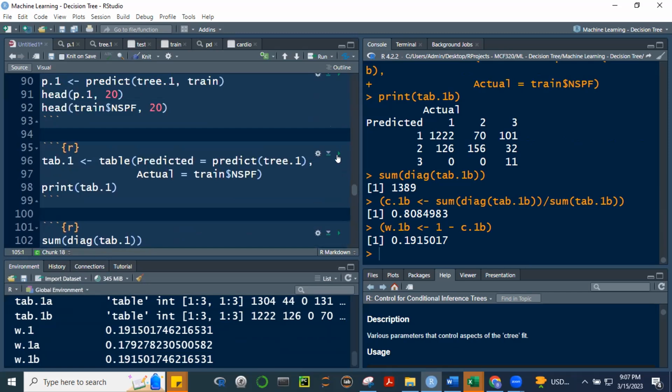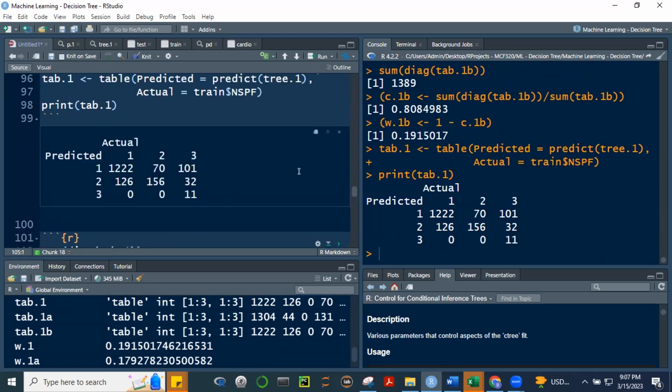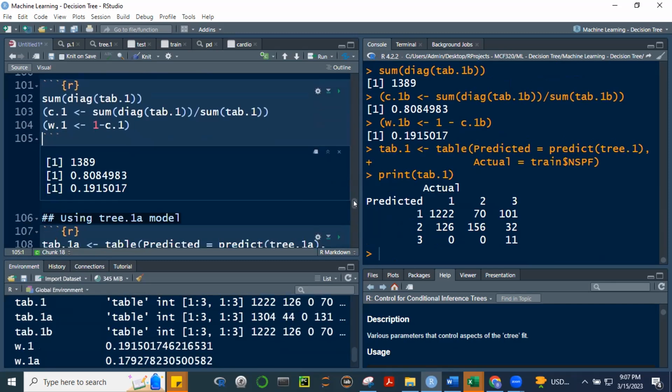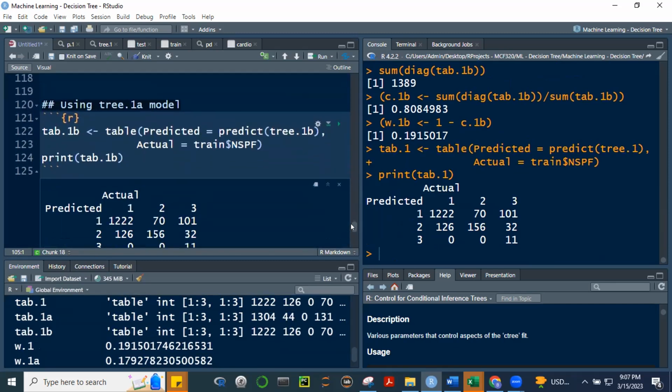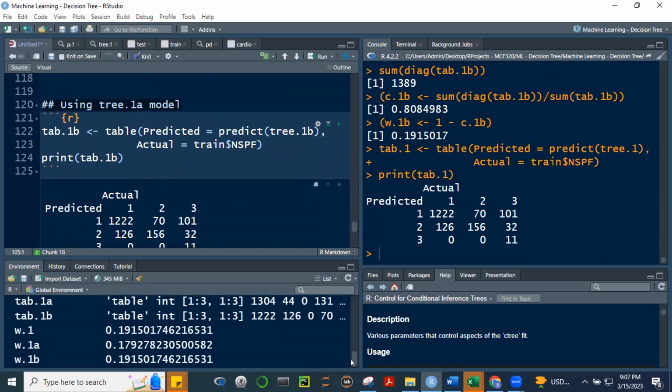Wait baka, tama ba yung pag-code natin dito ng 1B? Kasi parang, baka nagkamali ako dito. 1B, tama, 31B, di ba? Right?